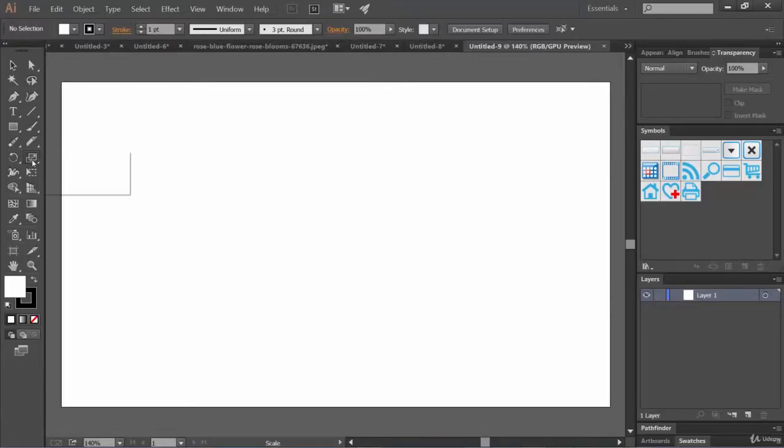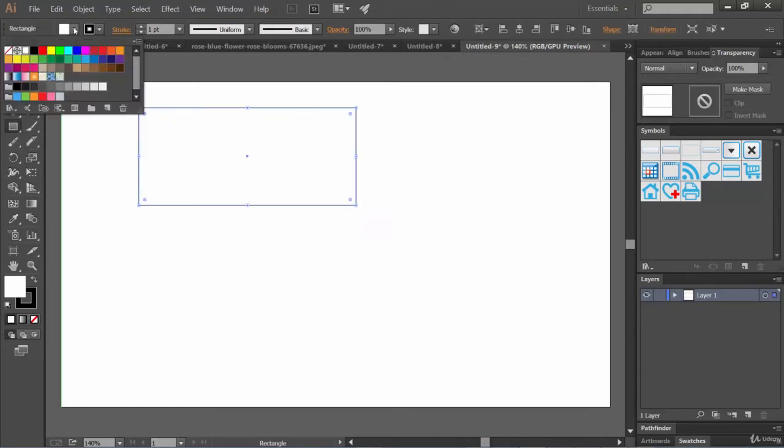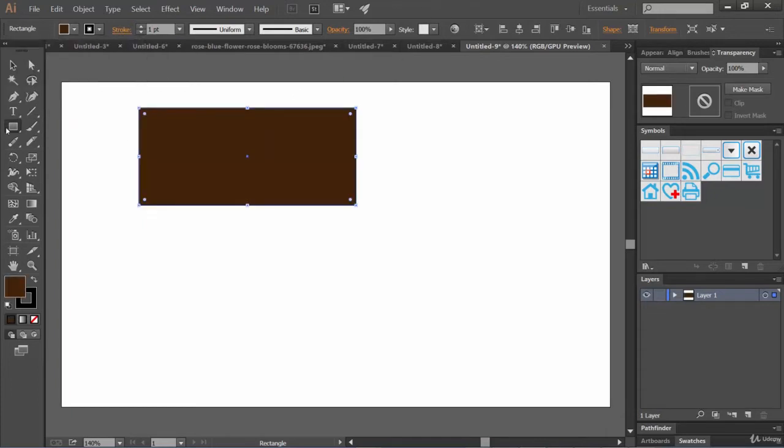So in this lecture we are going to take a look at the scale tool and shear tool. Yes friend. So for that let's click on this rectangle tool. Let's create a rectangle. Let's provide a fill color and now select this scale tool. By clicking on it you will see that the key point is at the center now.